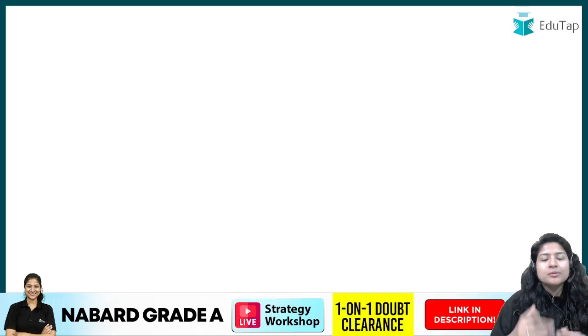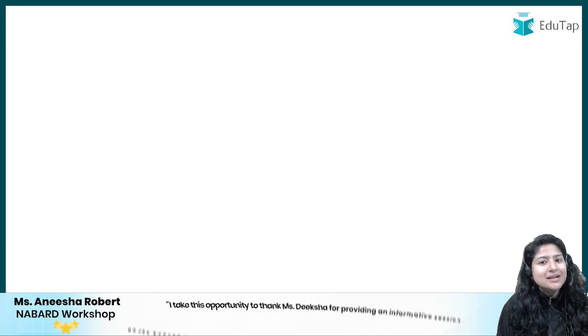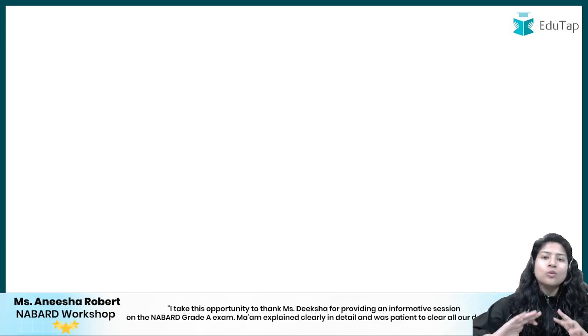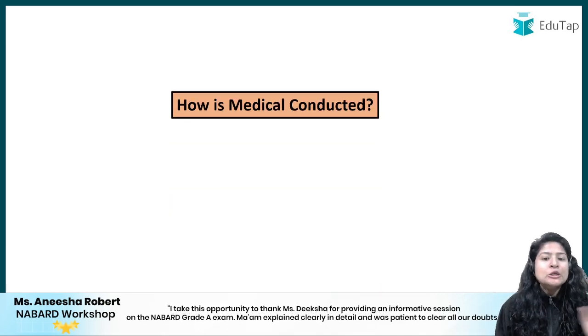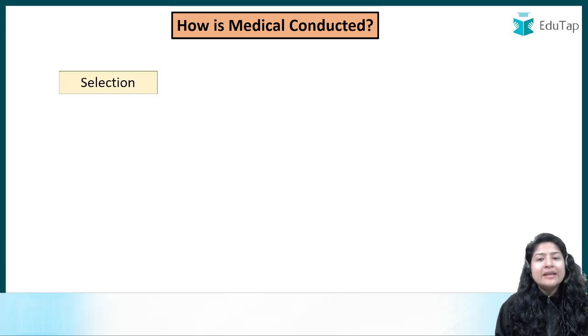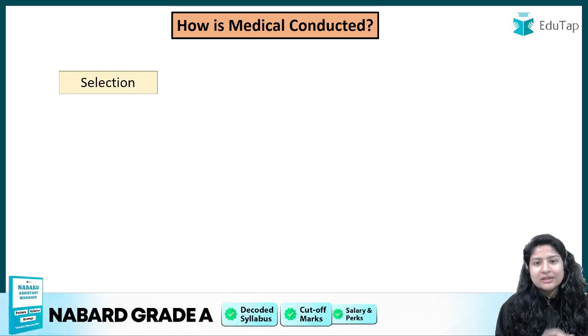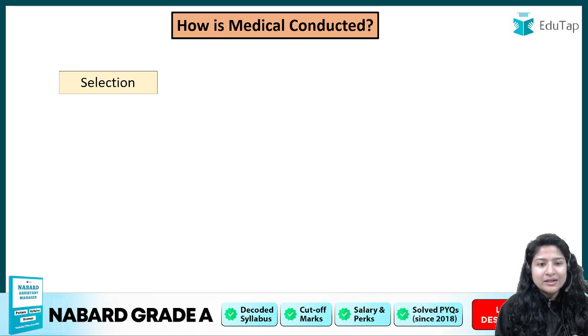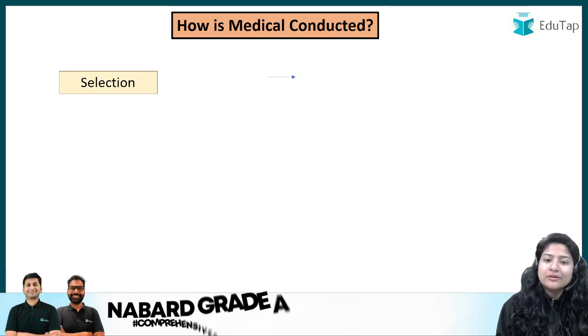First of all, let's talk about how the medical test is conducted. Then we will talk about what are the tests that are conducted, and at the end, how the result is formed. So starting off with how this medical gets conducted. So first of all, what happens? Once you clear the interview, once you are selected, once you're done with the interview and your final merit list is out, and now you are soon to become an officer in NABARD Grade A organization,